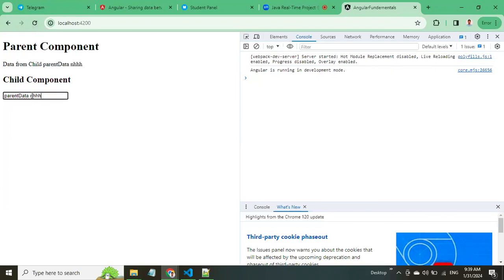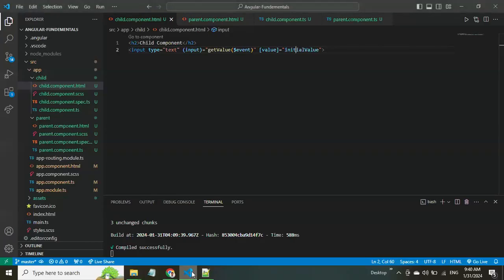Super. So that's our overall idea. This is how we get the initial data from the parent, and then type from the start. So this is how input and output work. But if the app grows larger, and there is one parent and there are multiple children of it,